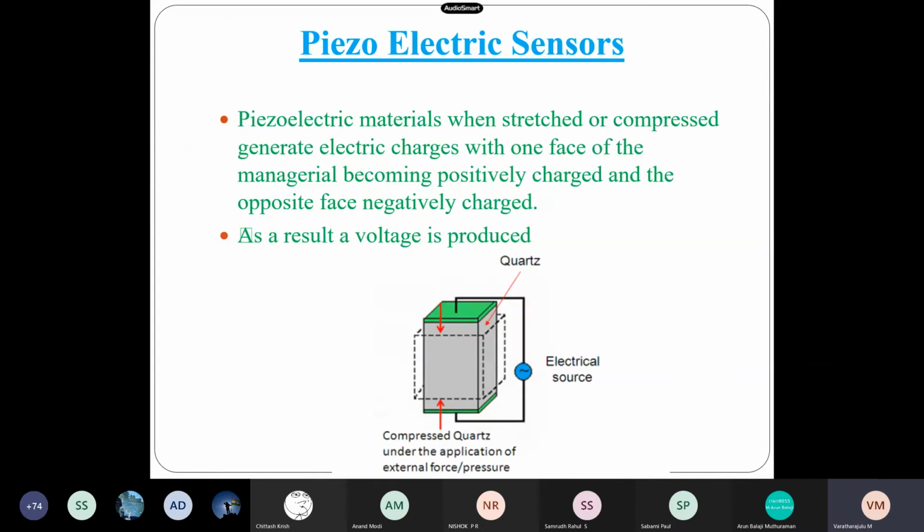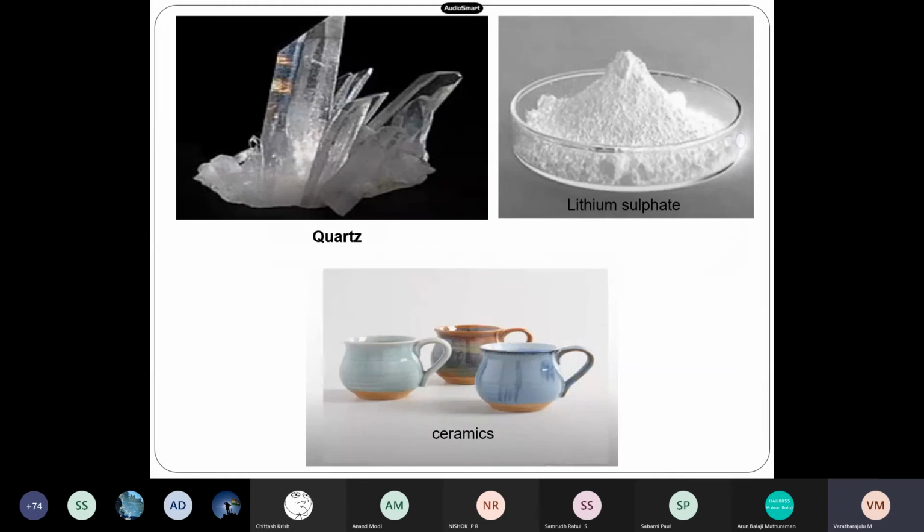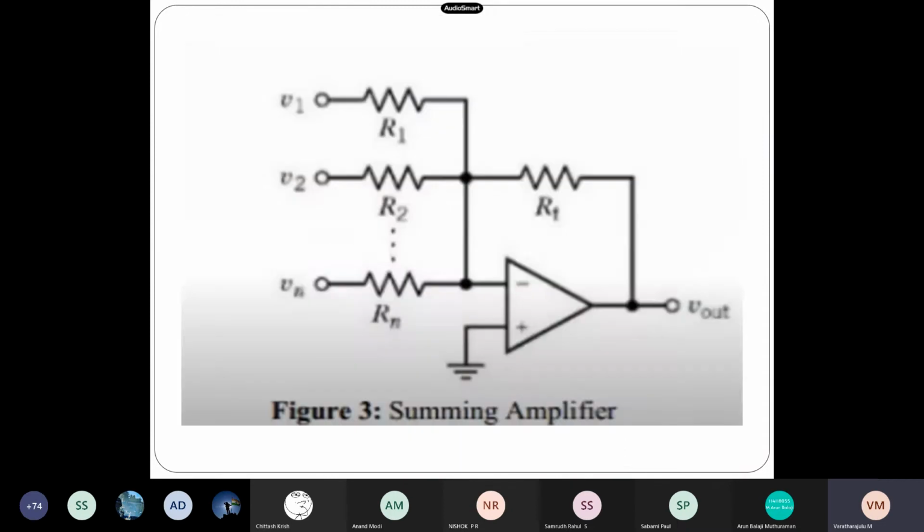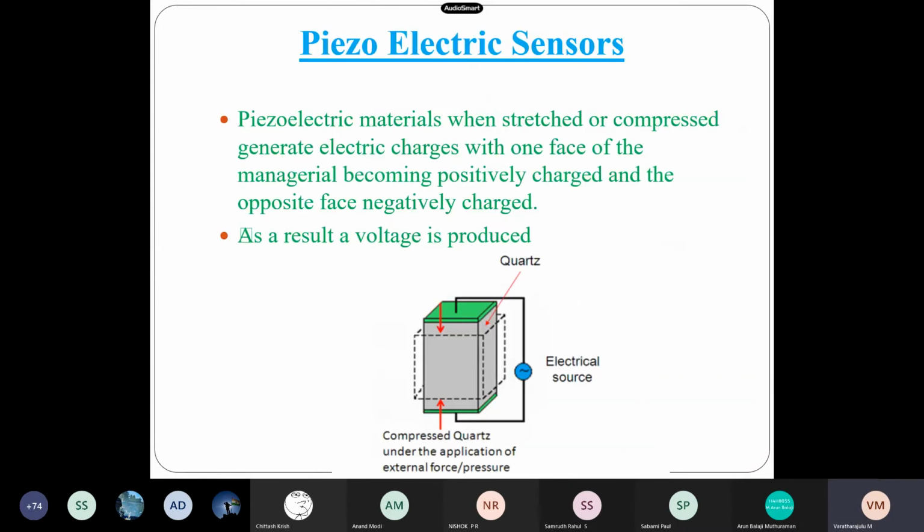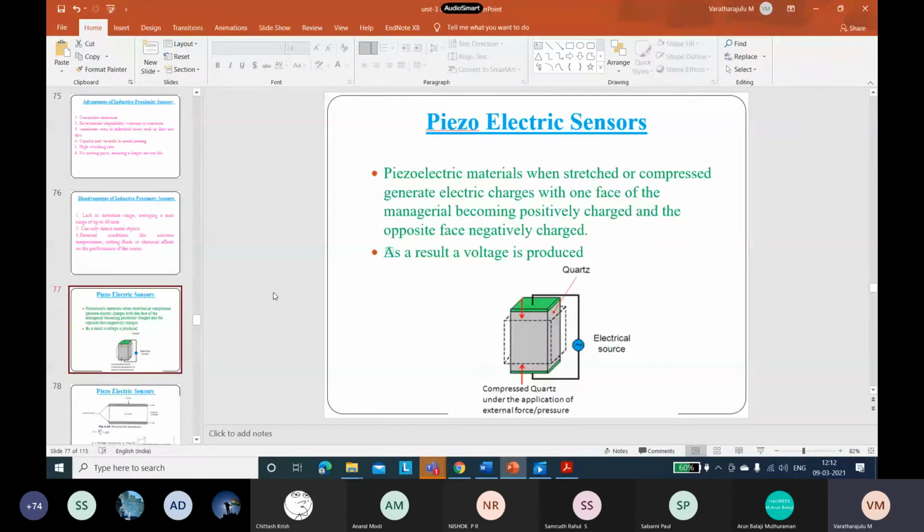And this is what the other piezoelectric sensors are. What happens when we are dealing with materials like quartz? See here, quartz, lithium sulfate and ceramics. Are you aware of these materials? Anywhere you use these materials, either quartz or ceramics? Generally, ceramics are used in